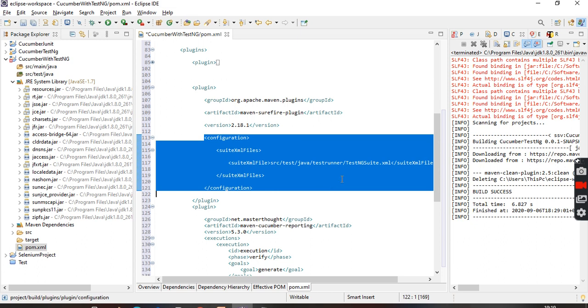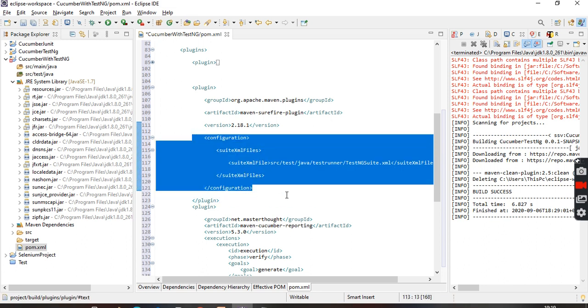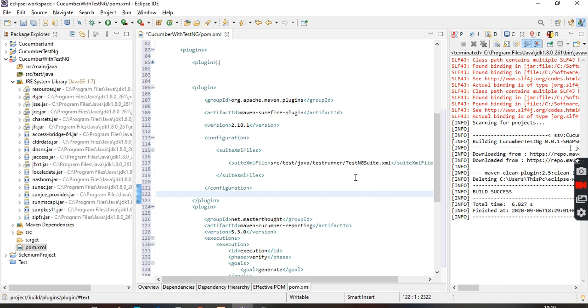So if you want to run some kind of test case, you need to mention some things, right? Which test case I want to run. That is what I mentioned here. So here is what I am saying actually, boss. I have one test suite in this particular path. Just run it. Don't worry. How we need to create it, everything I will explain.